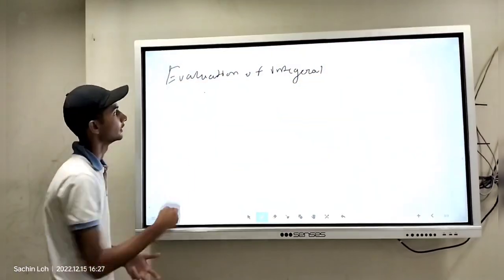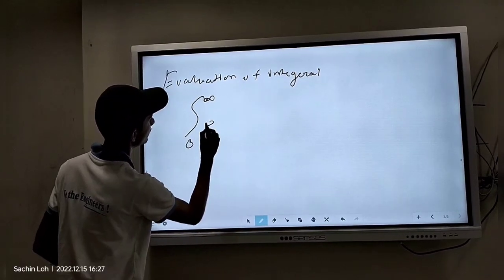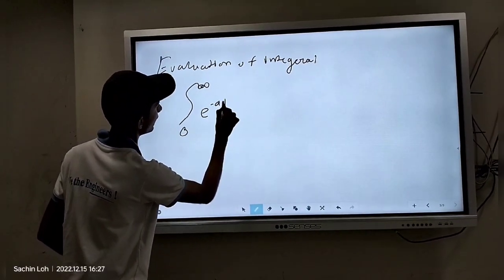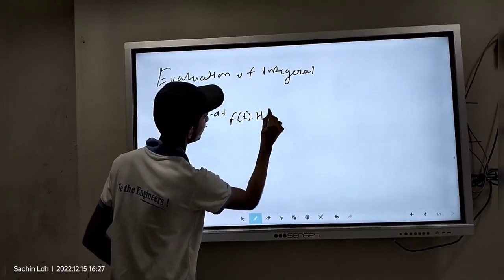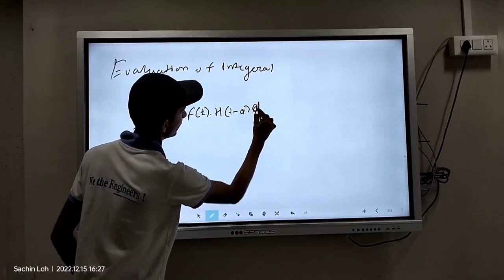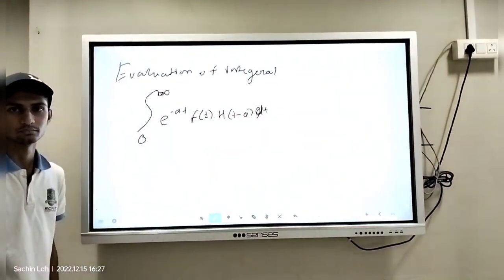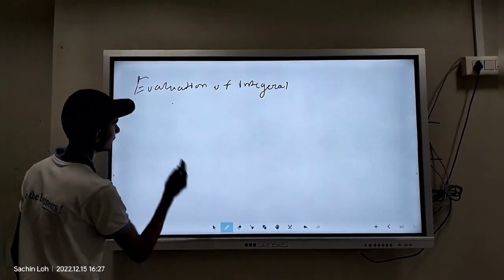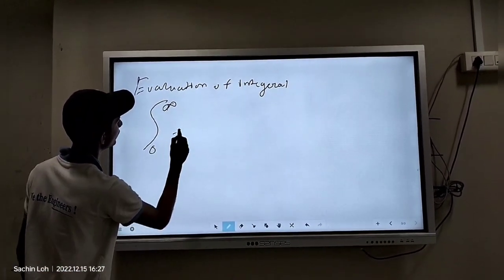Evaluation of integrals. First we take the integration from 0 to infinity of e raised to minus st, f of t, into the Heaviside function of t minus a, dt. Now we take an example of this evaluation of integrals. Here is the example: the integration from 0 to infinity of e to the minus t